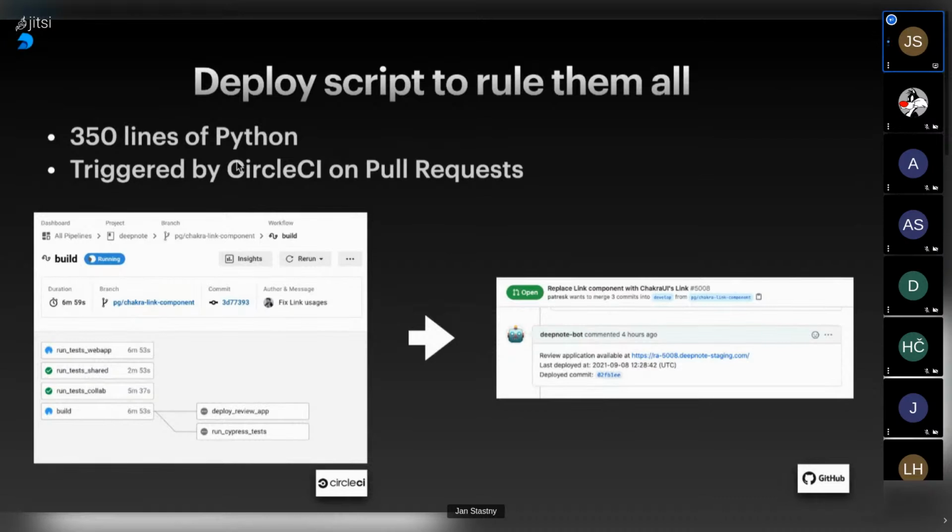Again, an idea that we kind of stole, or got inspired by, from Heroku. You get a comment from a DeepNote bot that gives you the URL where your application is, and it also gives you the date of the deployment, because if you commit more into your pull request, we need to redeploy. So this gives you information about whether your review application is fresh or not.